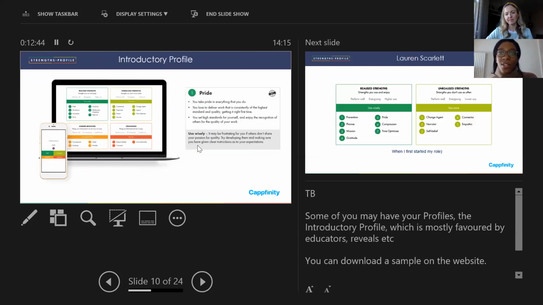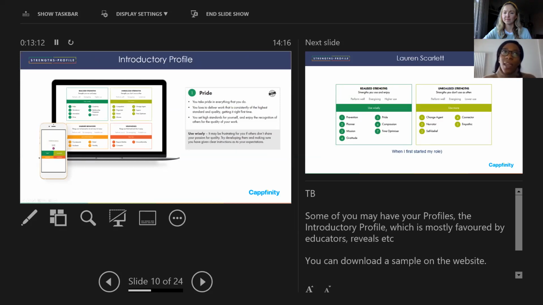Also, now we're just going to take a look at your profile. As I mentioned, those of you who have completed a strengths profile will have something similar on the screen here, but with your own strengths on it. I'm going to let you have a look at your profiles for a minute. And on the following pages from the page where you can see your quadrants, there's a bit of explanation. So do use the description.